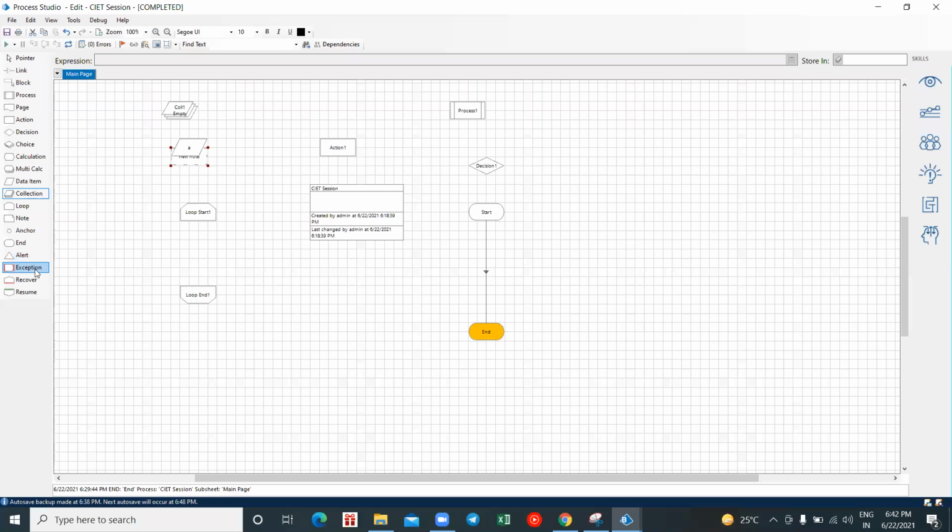Okay, and then we have an exception stage. Let's say my digital worker has been executed, and if my digital worker is caught with some error, the errors are stored in this exception stage. The use of recovery and resume, I'll tell you in my Object Studio. When I'm performing my Object Studio, I'll tell you. Okay, so till here, is everyone clear with how the different stages are being used? Are you all clear with this?